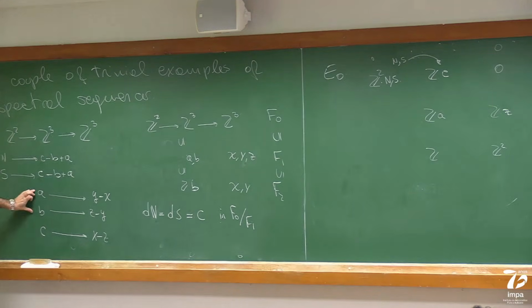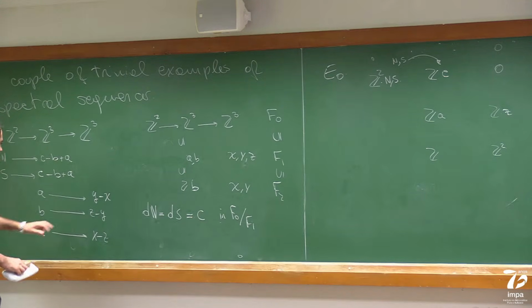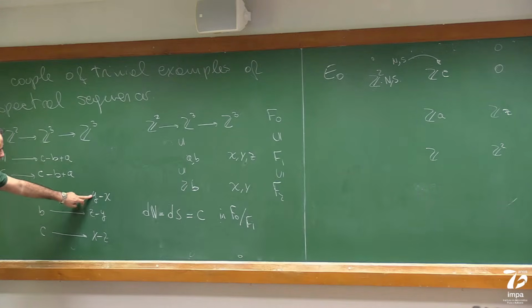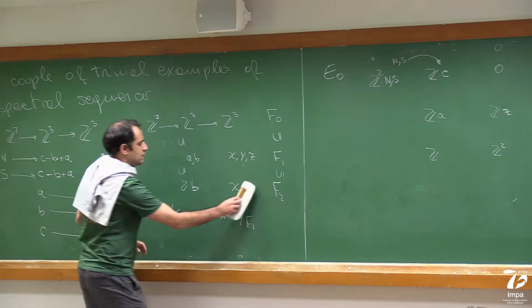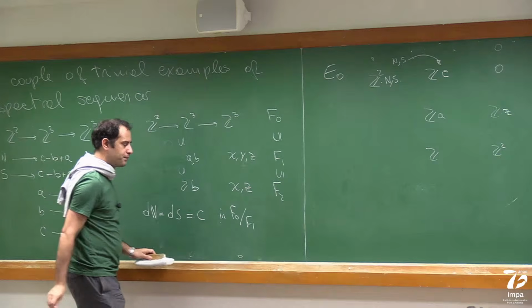The differential of these two guys is y minus x and z minus y. And so I suppose, therefore, I'm going to put, yeah, so we can fix this second one now. So that we use the same argument as before, we're going to use x and z in the next step of the filtration. So let's put x and z in F2.